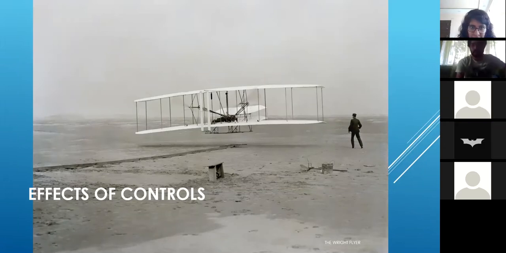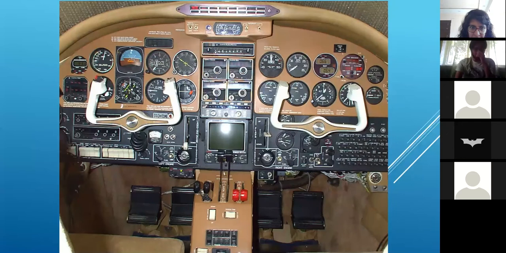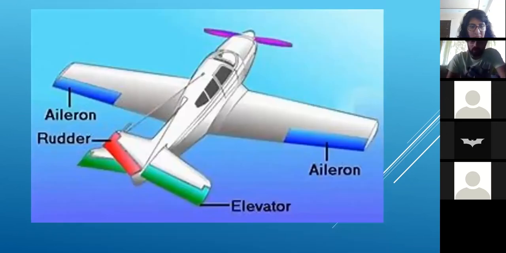Yeah. So this is what a small plane would look like. This has a control column, as you can see in front, and pedals at the bottom. The control column regulates two primary controls, and the pedals at the bottom control the other one. So there are three primary controls, and here they are: like was said, ailerons, elevators and the rudder.